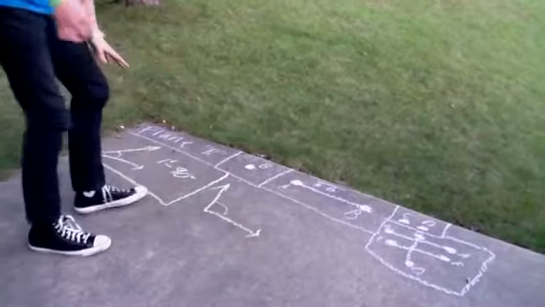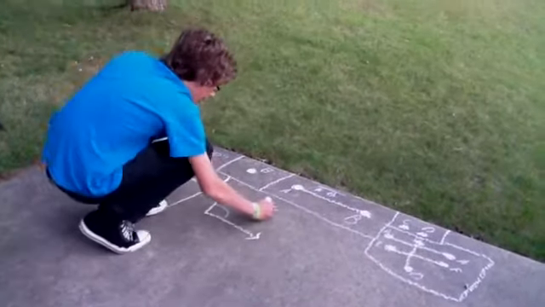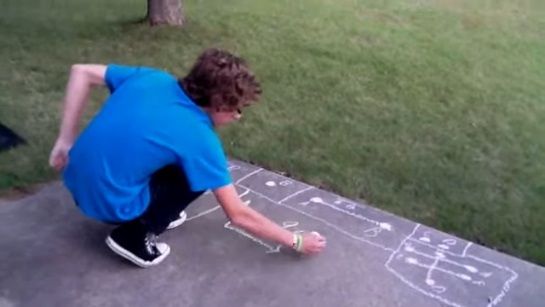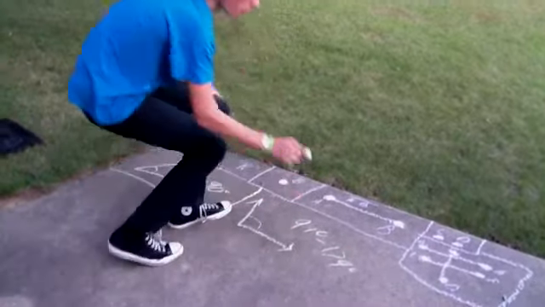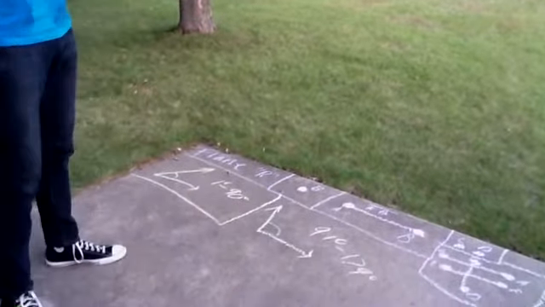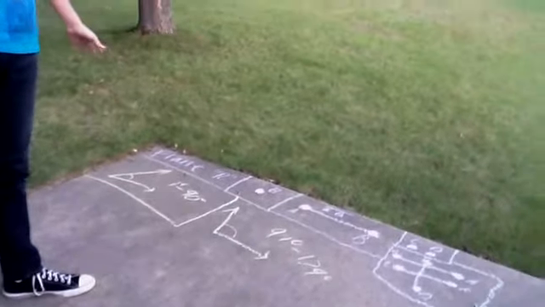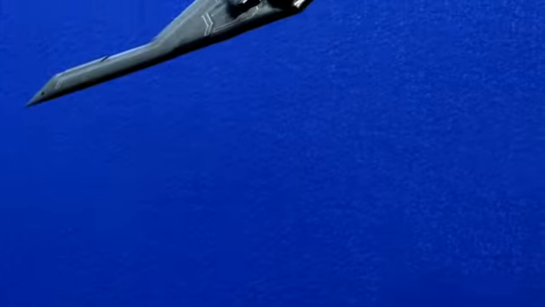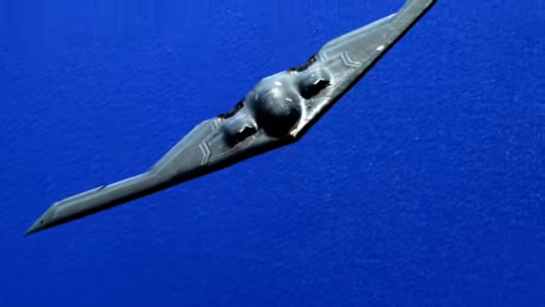This is an obtuse angle because it's greater than 90 degrees. Obtuse angles can go from 91 degrees to 179 degrees. Once they go past 179, it's a 180 degree angle, and that's not obtuse anymore. And if it's 90 degrees, it's a right angle, not an obtuse angle. The wings on this fighter jet form an obtuse angle because they're greater than 90 degrees, but less than 180